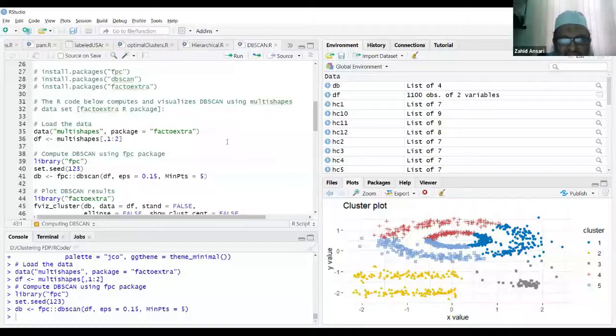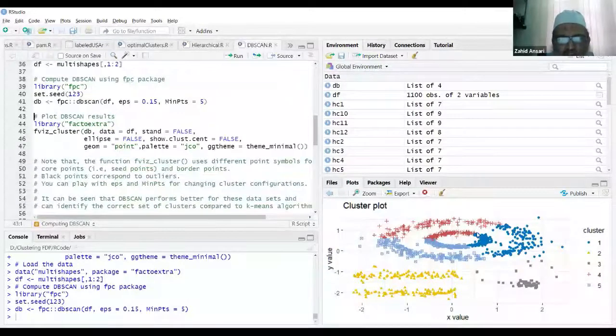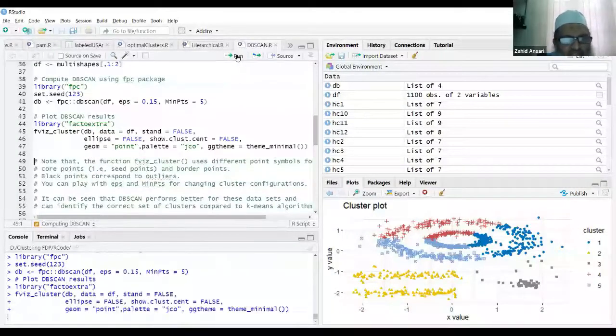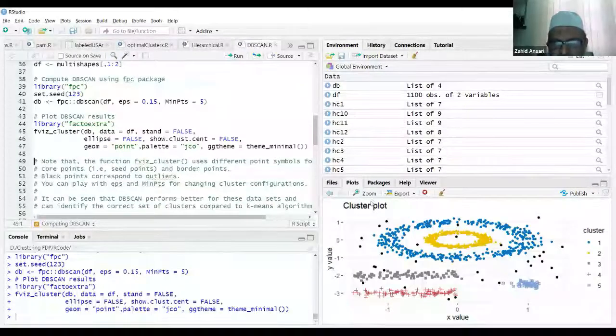Let me visualize the output. We saw the result of k-means clustering. Now we'll see the result of clustering using DBSCAN. I'll zoom the output. All this blue is one cluster. This yellow is another cluster. This gray is one cluster. This red is one cluster.